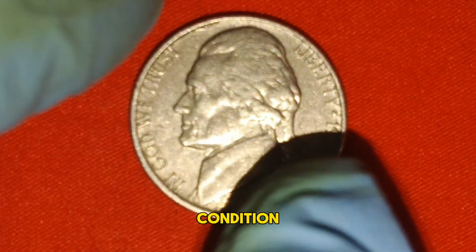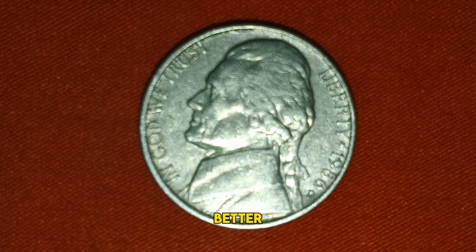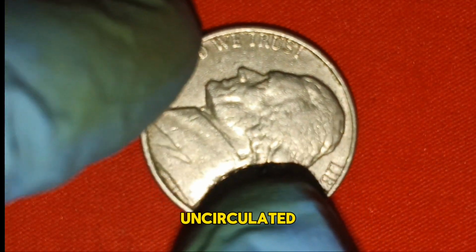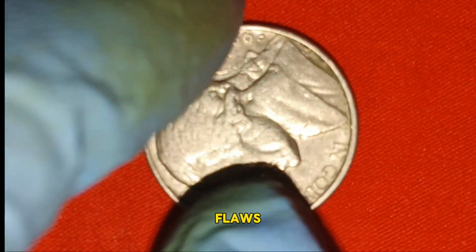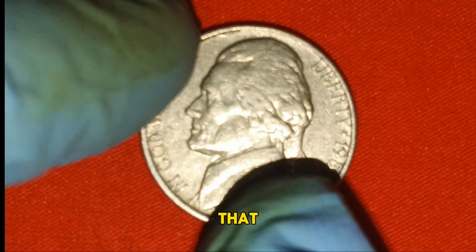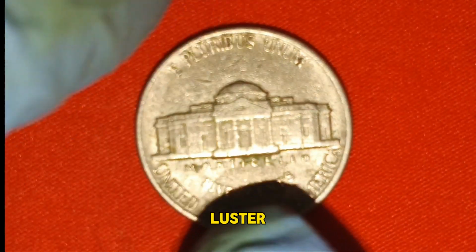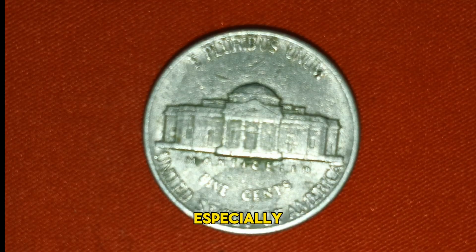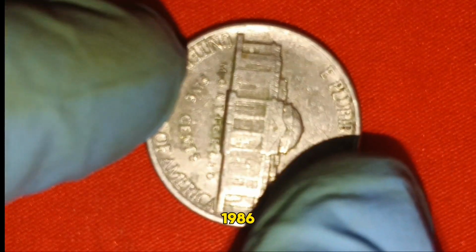Let's start with condition. Coins are graded on a scale from 1 to 70. The higher the grade, the better the condition. A coin graded MS-60 is the lowest level of uncirculated, while MS-70 is considered a perfect coin, with no flaws even under magnification. Most coins from circulation are nowhere near that. They're worn, scratched, discolored, and have lost their original luster. But occasionally, collectors find coins that are in pristine condition, especially those that came from original mint rolls or have been well preserved. A 1986 D